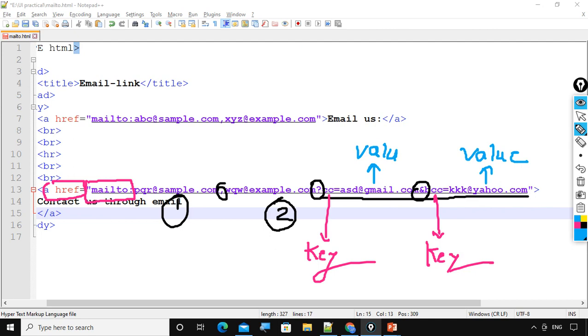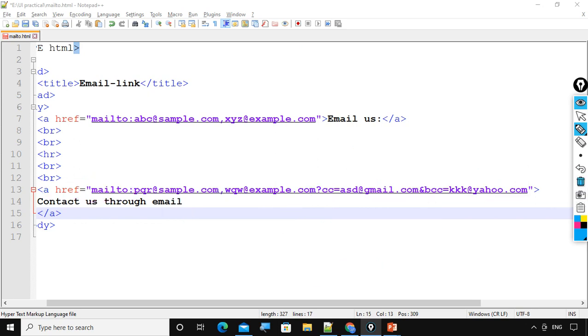Understood? So in this way we have configured two email addresses as recipients, one carbon copy recipient, and another blind carbon copy recipient. So let's save the code and execute the code.